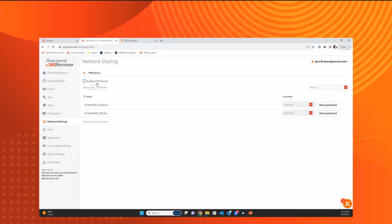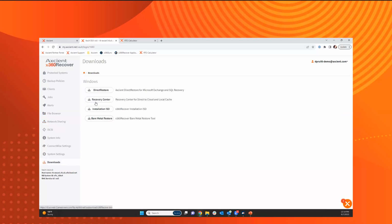And be able to connect into the vault, be able to access or pull down that data that way. Again, that's the second method. There's a third method. The third method you can get over here from the download section, and it's called the